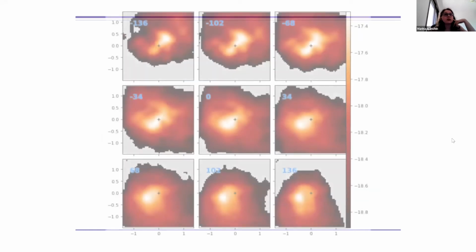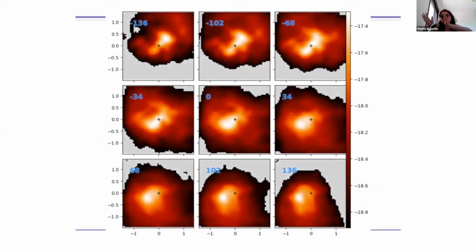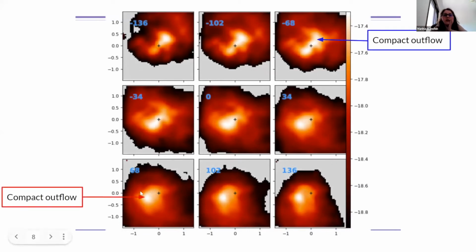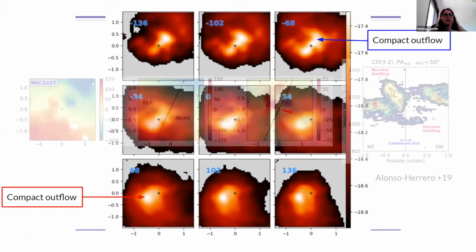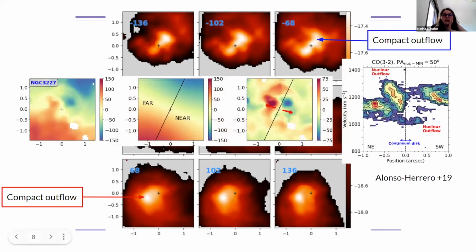And then we did the channel maps, accounting the flux in different velocity beams. As you can see here, we have these features here that correspond to that disturbance that we interpret as a compact outflow based on our model of the gas kinematics, a simple rotation model. We modeled the velocity field, then subtracted this model from the observed field, and have this panel here where we see this compact emission, and this is consistent with a previous paper that observed